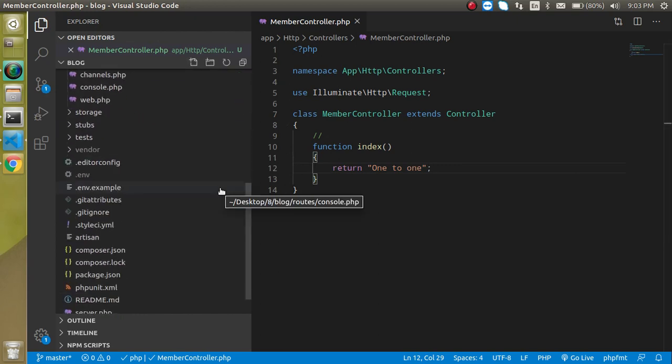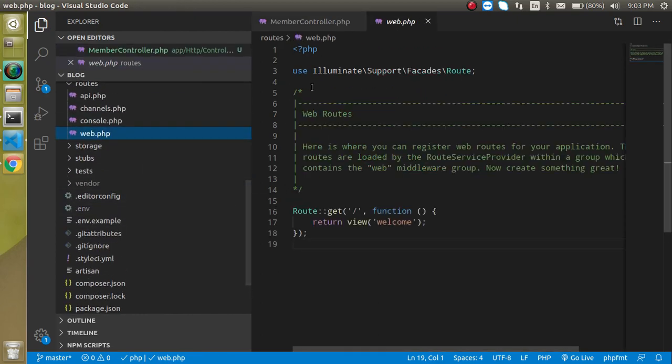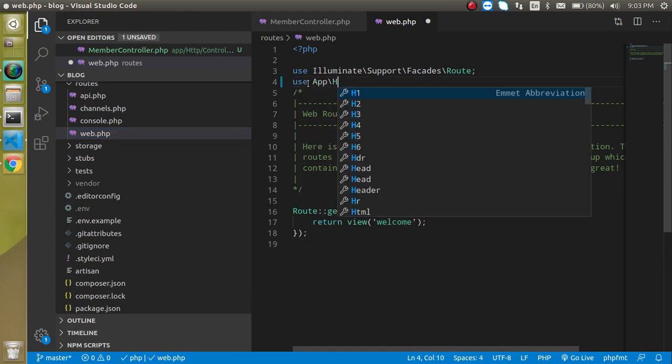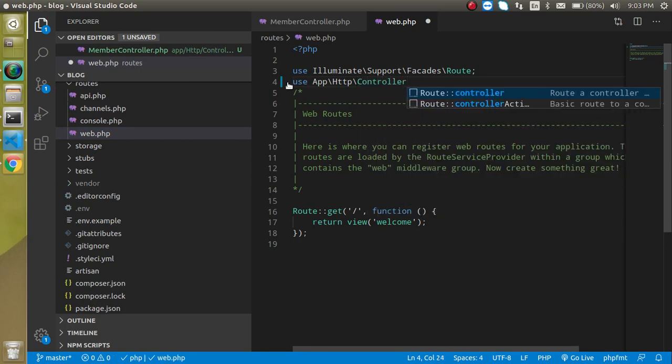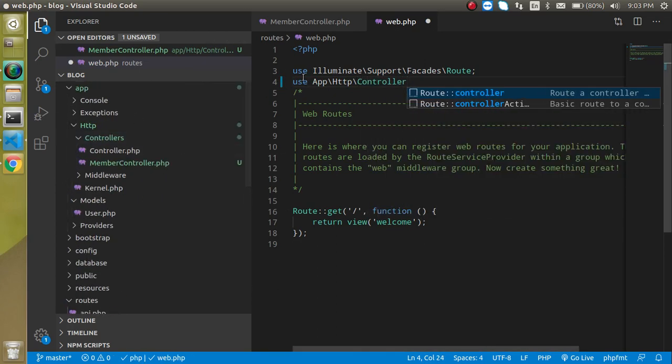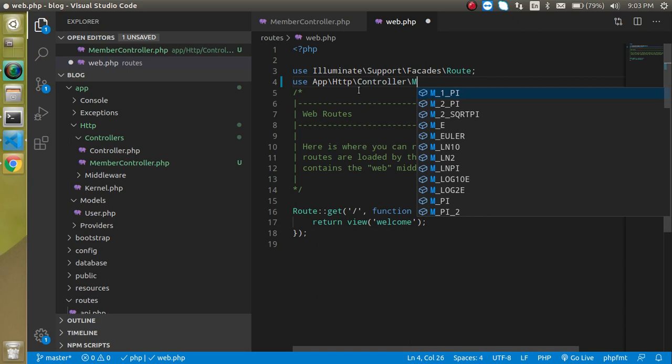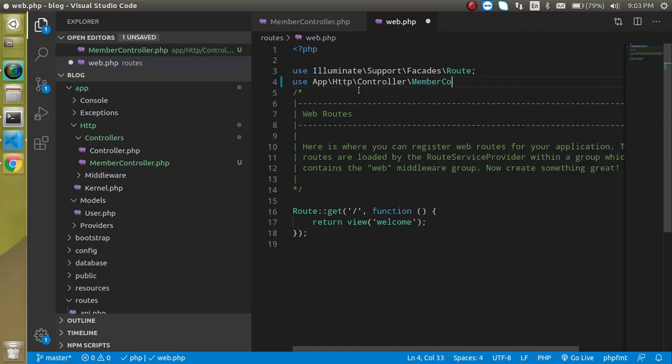And after that, let's go to the web.php, and import it: use App\Http\Controllers. This is basically the path of this member controller, App\Http\Controllers, and then its name, right? So just write here MemberController, right? And now let's make a route for it.